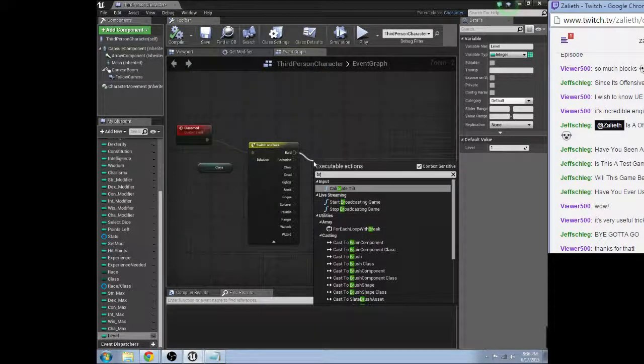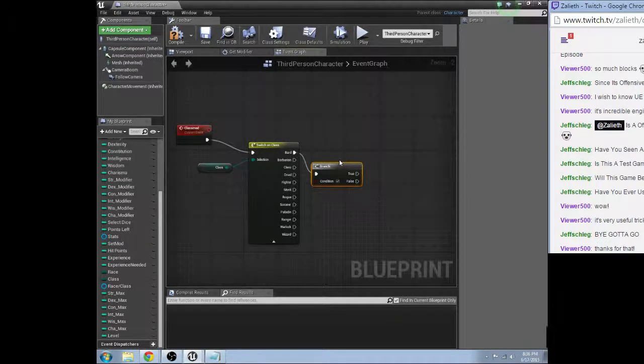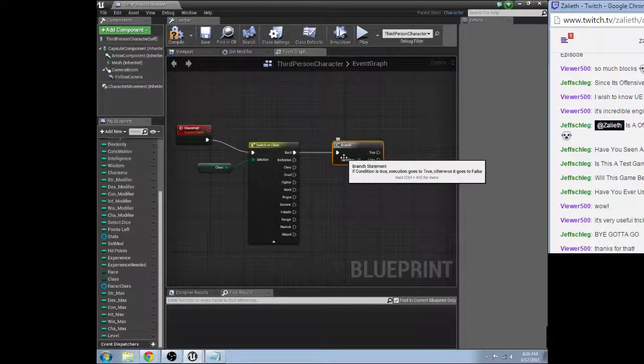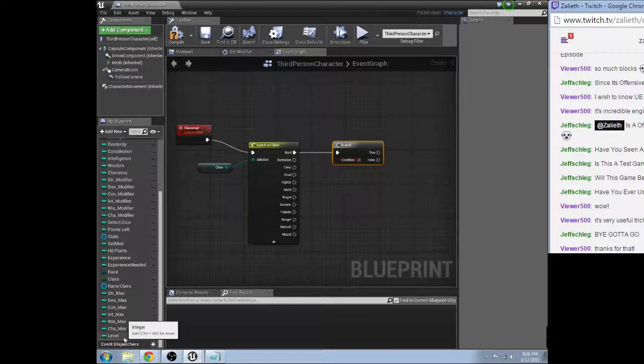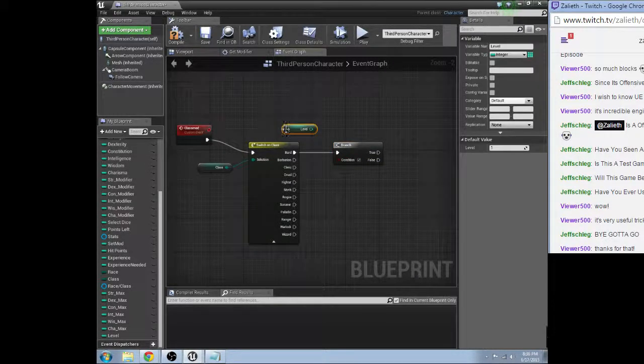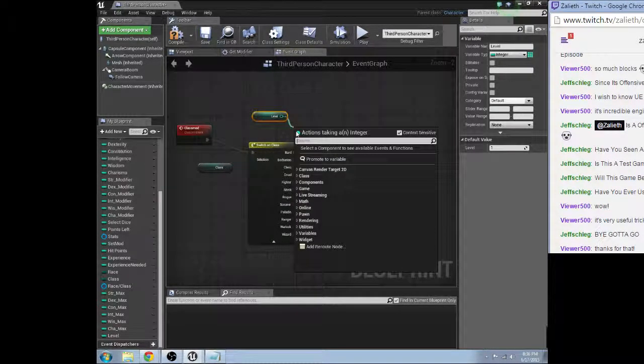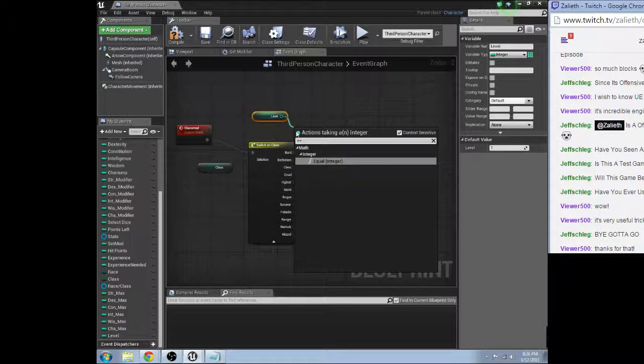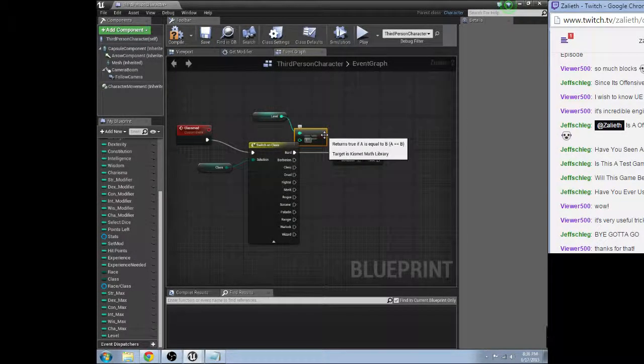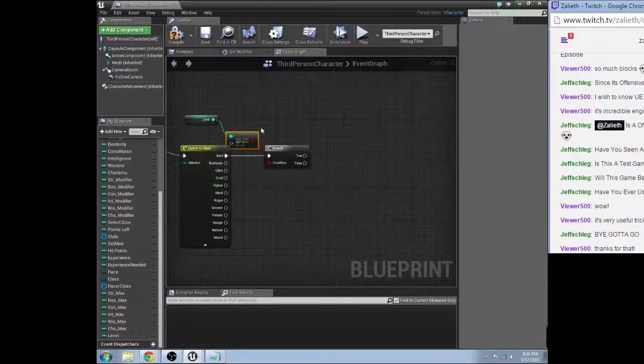And we're going to run each of these through a branch. Is level equal to 1? If it is equal to 1,